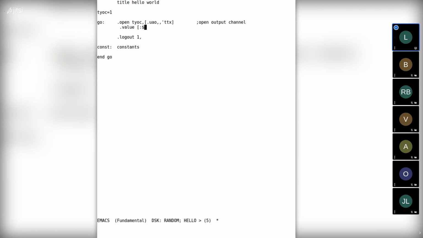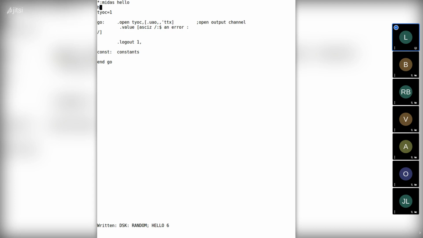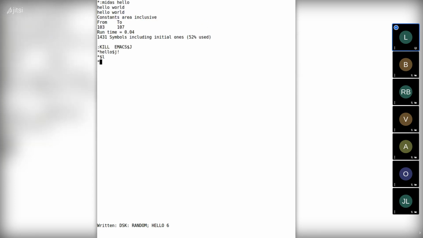So for example, we can type an error, this colon $, that's really colon escape. That's the weird DDT comment. Oops, sorry, this should be an ASCII string. So let's try this. Let's just run it and see what happens. Yes, we did get that string back to the debugger.